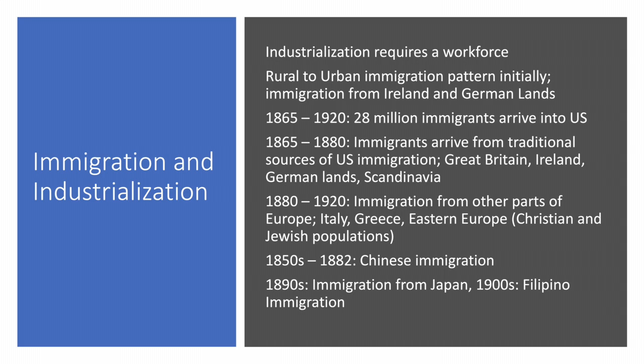But even the rural to urban migration didn't satisfy the labor demand of these growing industries. And so we had immigration. We talked about that in our foundations lectures, how you had immigration from Ireland and the German lands. But what happens after the Civil War between 1865 and 1920 is immigration just exponentially explodes in America. Between 1865 and 1920, 28 million immigrants arrived into the United States. 28 million. That is a tremendous amount of immigration, the biggest period of immigration in American history.